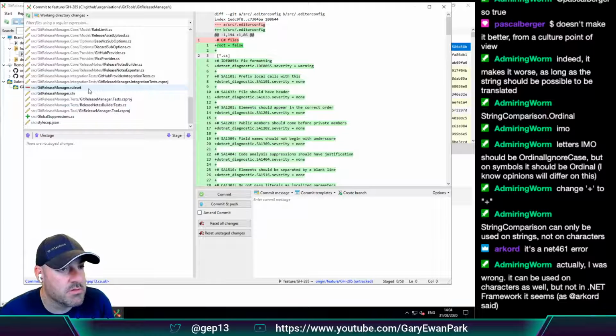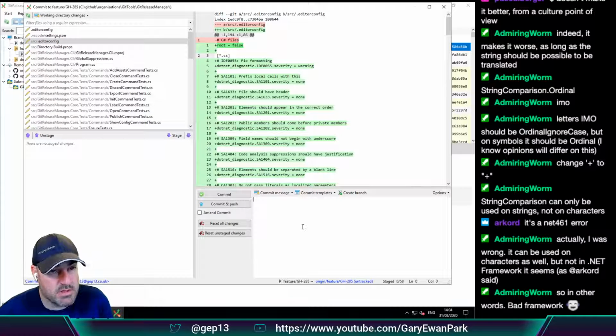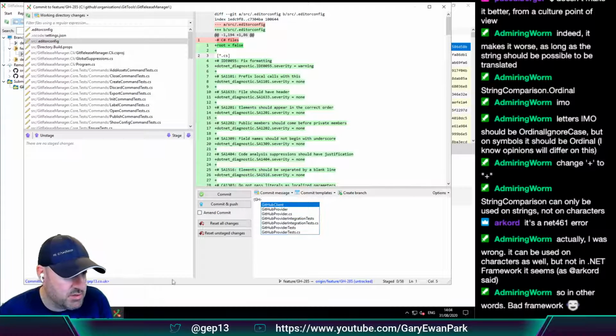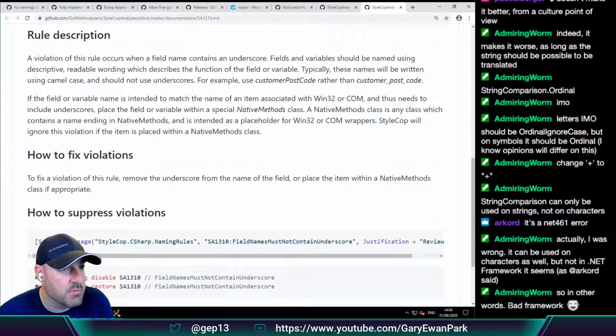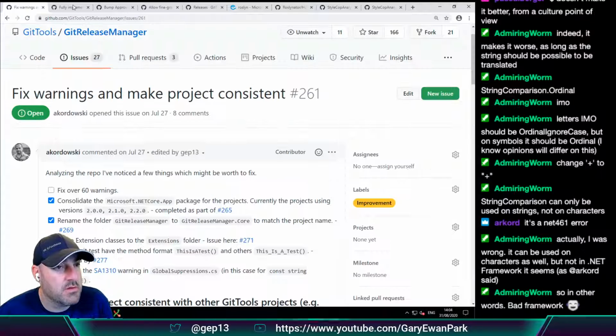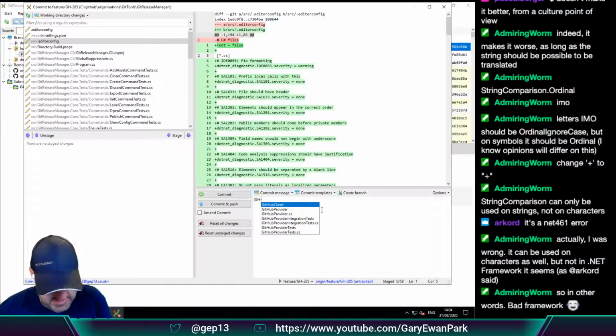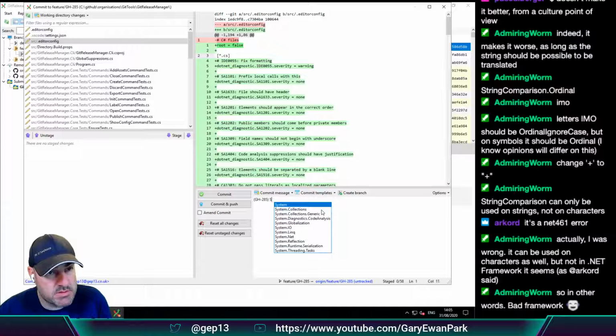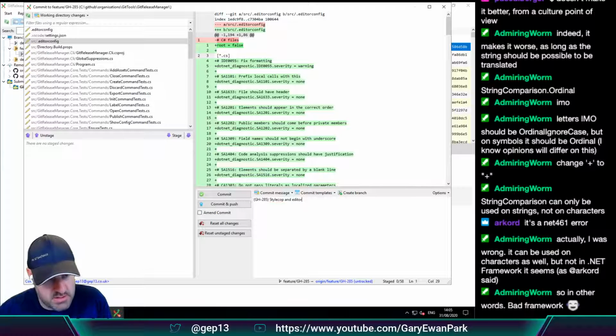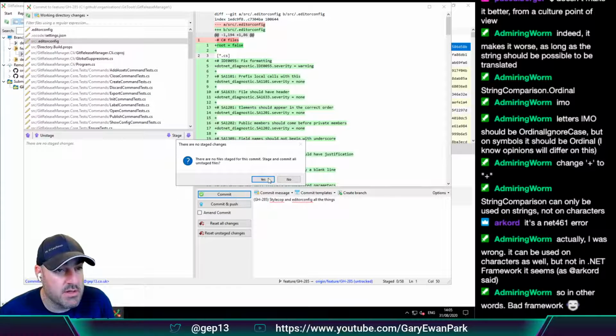Global suppressions, rule set. Okay, so this was all for GH hyphen, what was the issue number? 258, 285, 285. StyleCop and EditorConfig, all the things. Right, let's commit that.